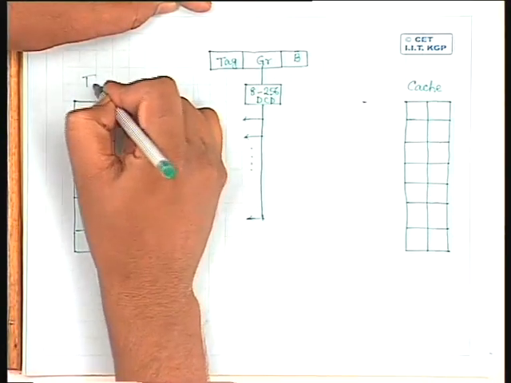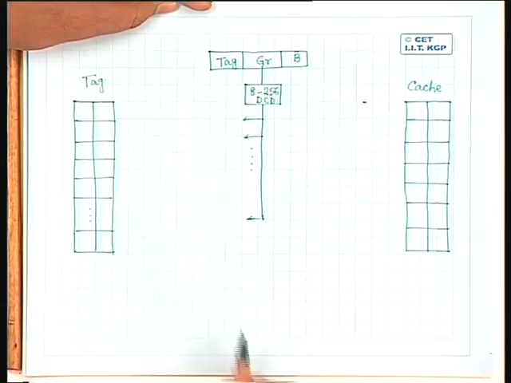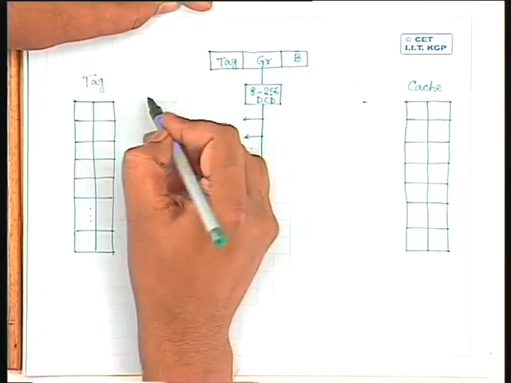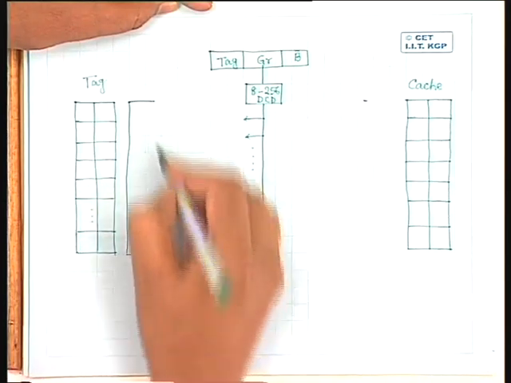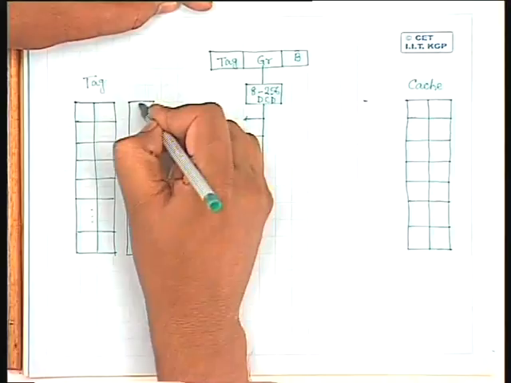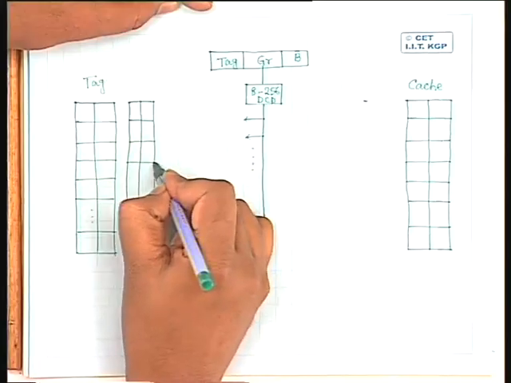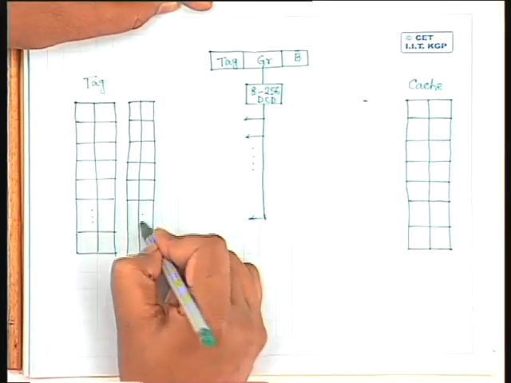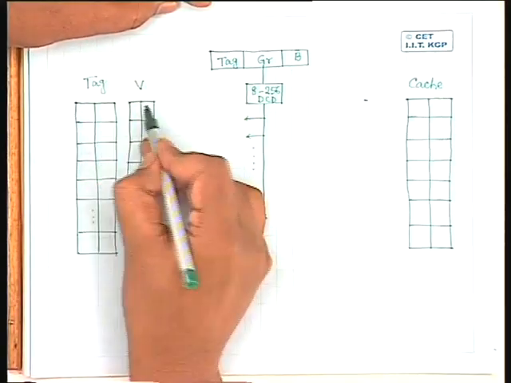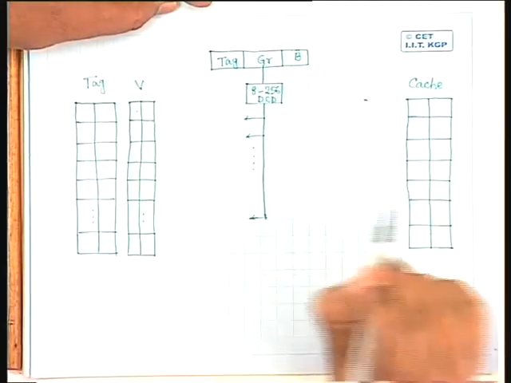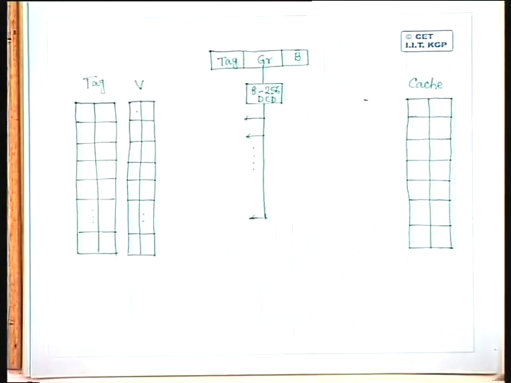So these are the tag fields. In every set, I have to have 2 entries in the tag field. I also have to have the valid invalid bits. When I put it like this, it means that these 2 belong to the same set, these 2 belong to the same set, these 2 belong to the same set. Now, as before, in case of direct mapped cache, what we have seen is